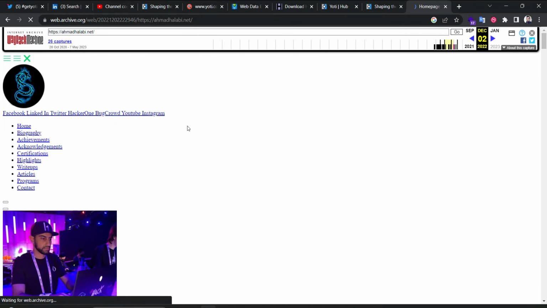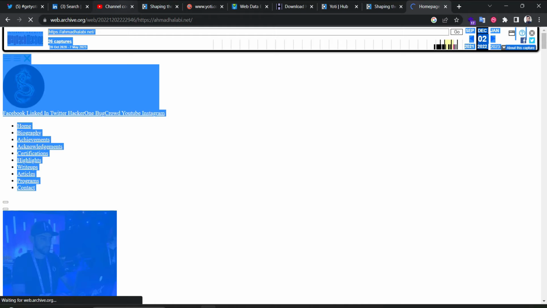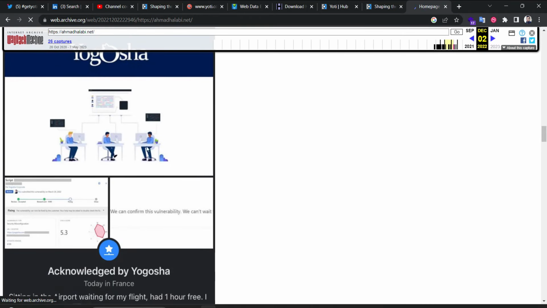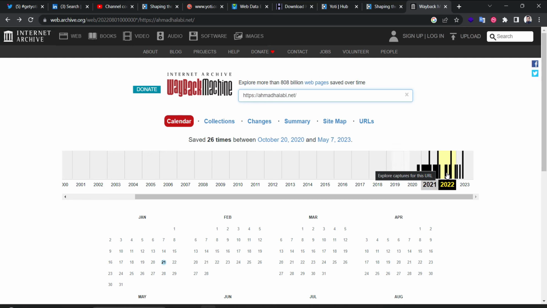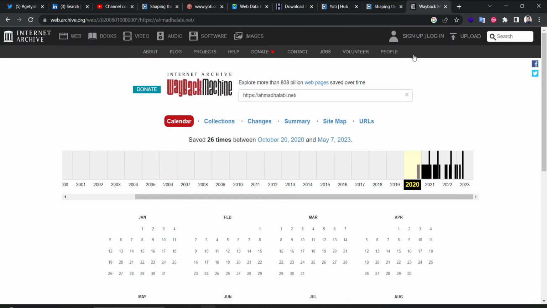So you will see the difference. I don't know why it went like this, but you will see that the image is changed, different image, and added a new other images. So the main point here is you are capable of seeing how was the shape of the website in the previous years. So if we go to yoti.com, for example,